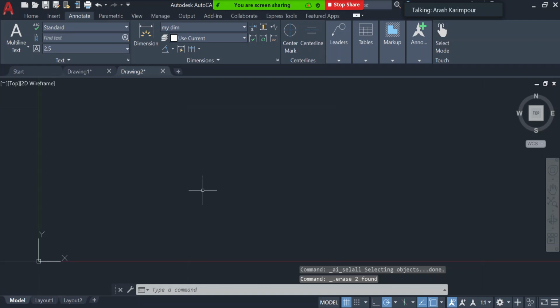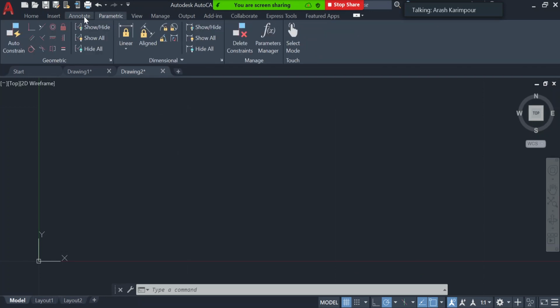The next thing I want to talk about is the parametric one, and I will show you what we will do with the parametric. The parametric helps us to constrain our drawing. Sometimes we need to do that. For example, assume I draw a line and I want to make sure that line always stays horizontal or always stays vertical. Or assume I draw a line and I want that line to always have a specific length. Those kinds of things I can do here with the